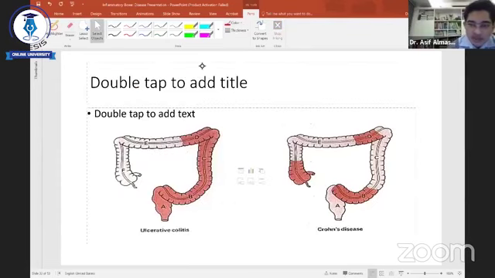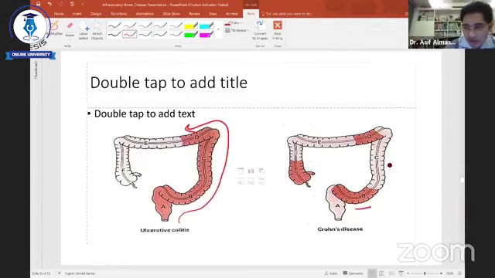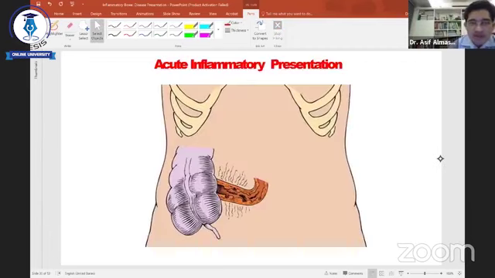As we have already discussed, ulcerative colitis is a confluent disease. It starts from here and goes all the way. But in case of Crohn's disease, it involves a particular area. Then again, there's no involvement. And then again, there's involvement. These are called skip lesions. We will discuss this. So presentation, I'm just trying to summarize what we have discussed. These are very important at undergrad level. These are the more important features.